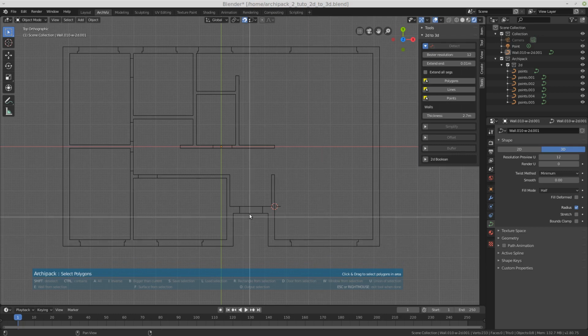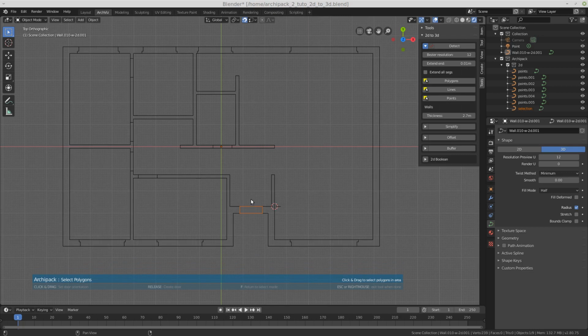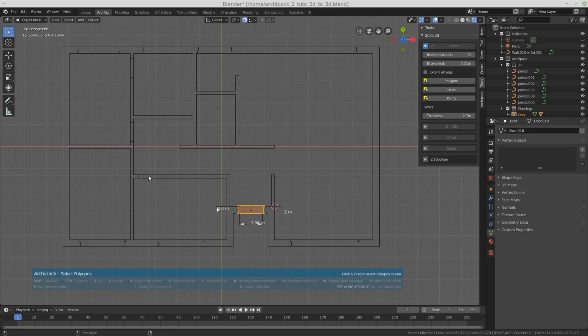Here I will use the door tool, which is the D key. So I select a polygon under a door, hit D, and then left mouse, keep pressed. I choose the orientation of the opening, and then I release it to create a door.